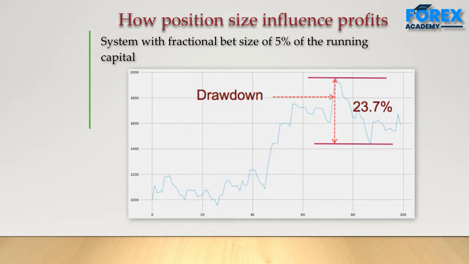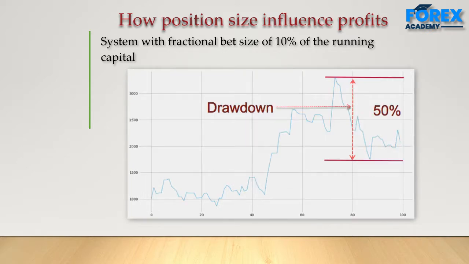The final trading balance is about $1,600, its maximum peak near $1,900, but we observe that its max drawdown jumped to 23.7%. Now, we have increased bet size to 10% of the running capital. This trade size raises profitability again. The final trading balance is about $2,100, and its maximum peak near $3,400, but the observed max drawdown goes to